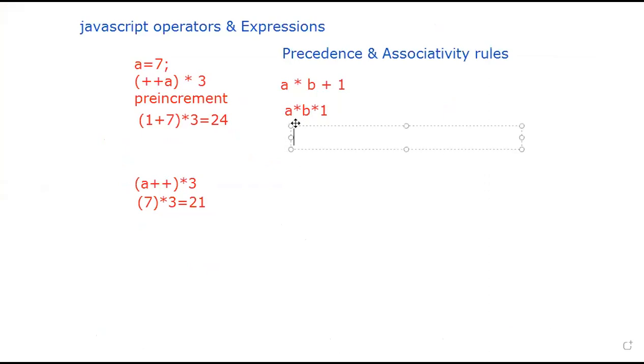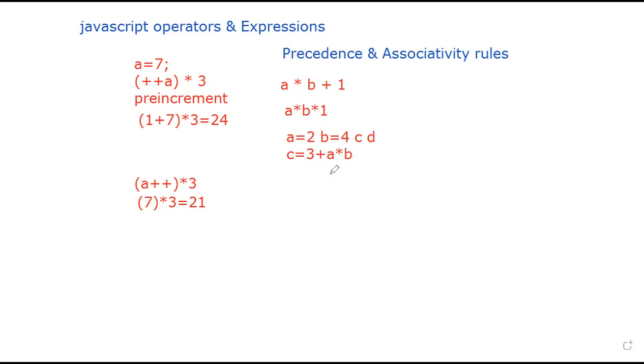Now, let me take one example, students. Suppose I have the value of a equal to 2, okay? And then I have the value of b equal to 4, and I have just declared the variables c and d, just declared, okay? Now what I want to do, I want to solve this expression. Suppose c is equal to 3 plus a into b. Suppose this expression is there. Now, how are we going to solve this, depending on what? You can first see that 3 plus a into b. So here you can see that there are two different operators, students, isn't it? We have plus and we also have multiplication.